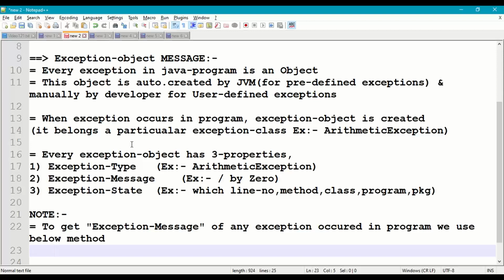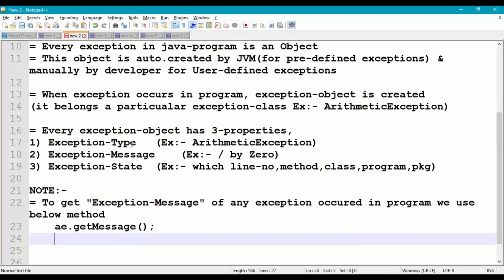For example, let us say that we have arithmetic exception object dot get message method, or something like null pointer exception object dot get message.